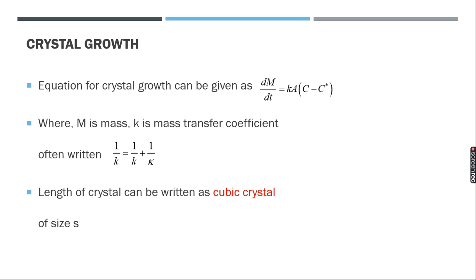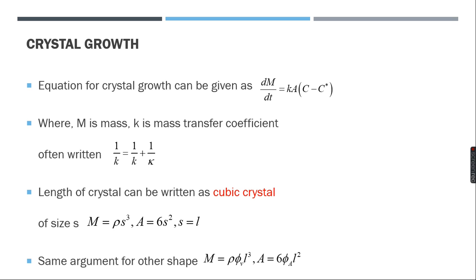So if we assume a crystal can be some cubic size, and we say the size is S, then we know mass will be the density rho times S cubed, which is the volume, because if S is the size, it is a cube, so S cubed. And area will be 6S squared because 6 different faces are there for a crystal, and each side is S, so we have 6S squared. And if S equals L, the length of the crystal, then we can have more simplified arguments for any other shape.